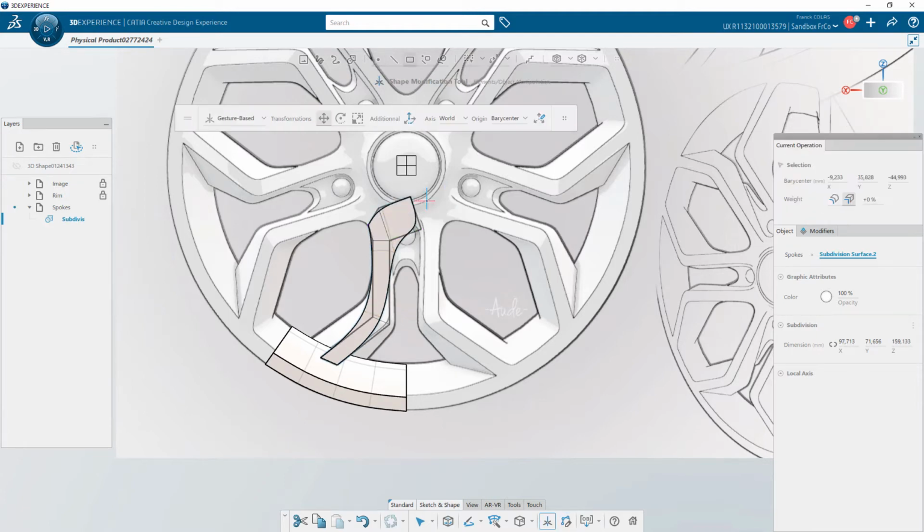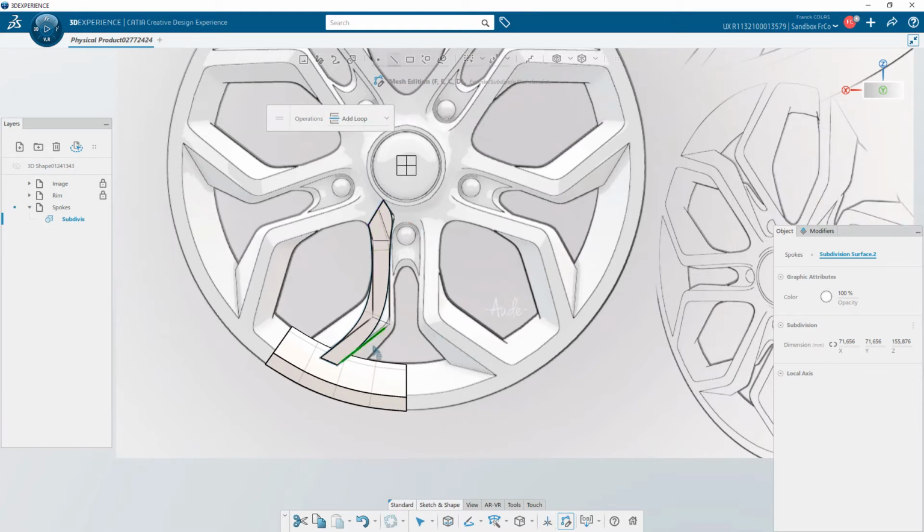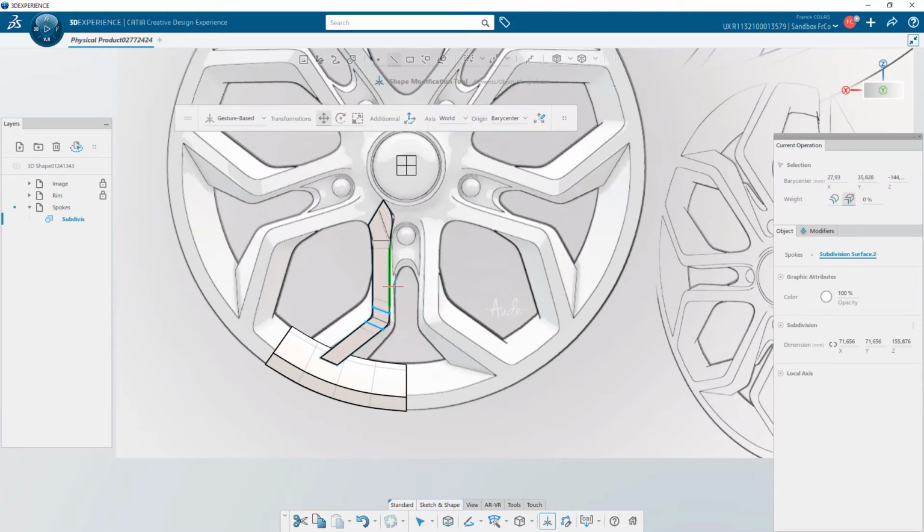I create a new face extrusion, switch quickly in translate, and choose vertex mode to move the vertices newly created to prepare my mesh to follow the center cap. As I need something more angular, with a little radius, I use add loop by pressing C key to insert a loop and select each edge on both sides and use the 3D manipulator to tighten the edges and reduce the size of the transition radius.